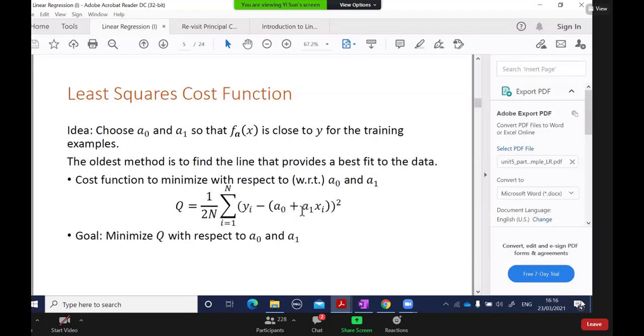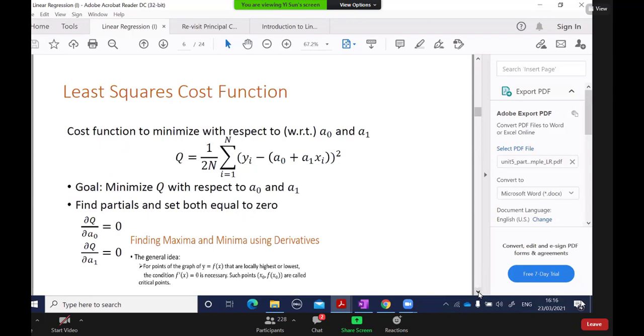We talked about why we use this one. Now, for the cost function, we minimize the error with respect to A0 and A1, and we want to find the proper A0 and A1. But this time it is an optimization without constraint. So how do we calculate it? Find the maximum and the minimum. Again, we need to calculate partial derivatives and then set them to 0.